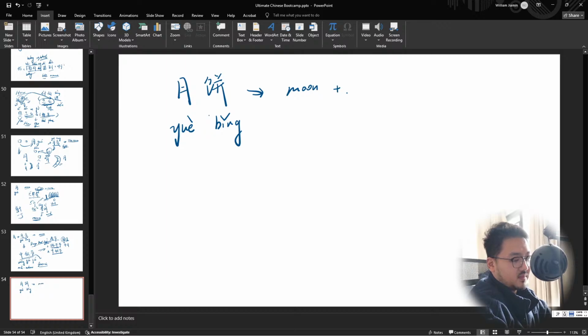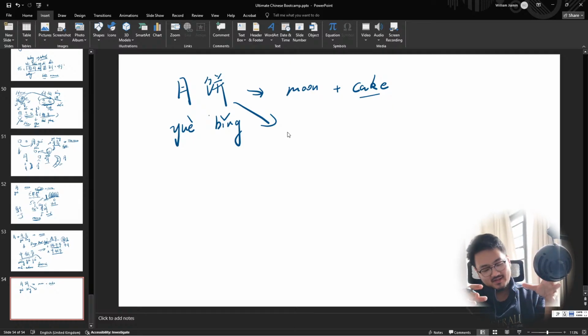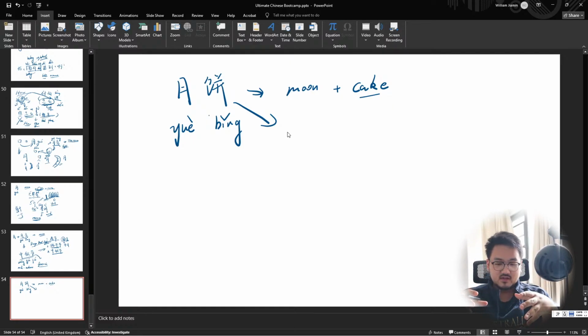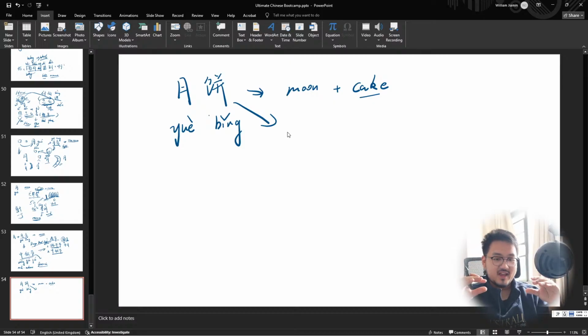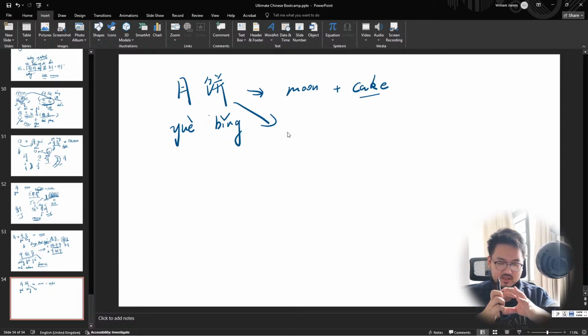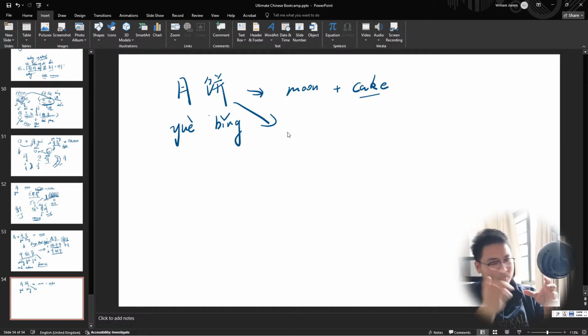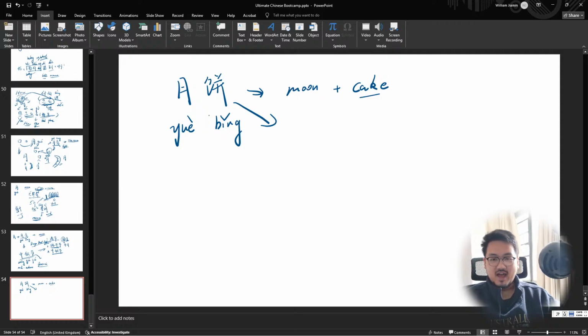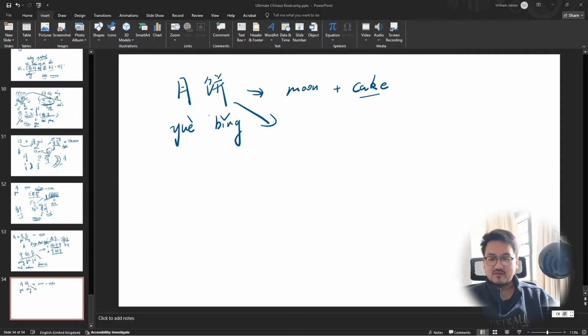Moon plus cake. Okay, 饼非常有意思啊，饼 is like a traditional Chinese food. We use flour. You bake it, but it's more crispy, right? But mooncake is smaller, right? It's like a circular sweet thingy. Okay, so it's a specific kind of 饼, mooncake. You can add a lot of material inside, and yeah, this is great fun, to eat mooncake,